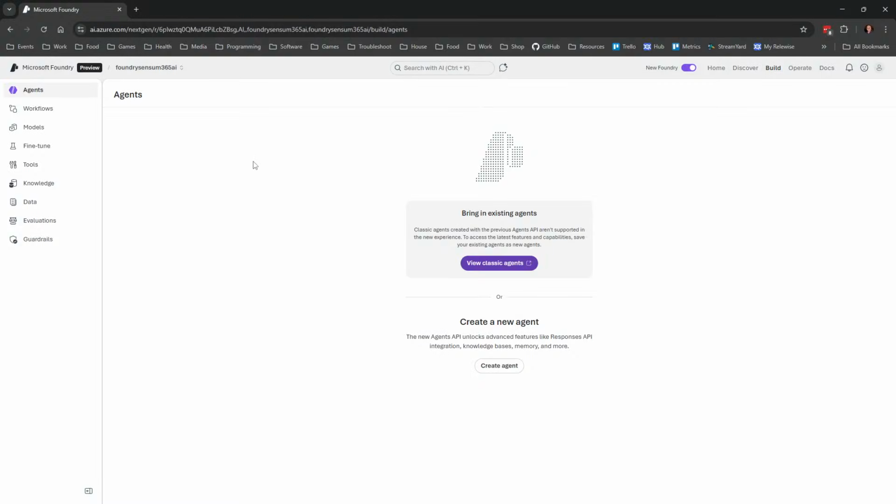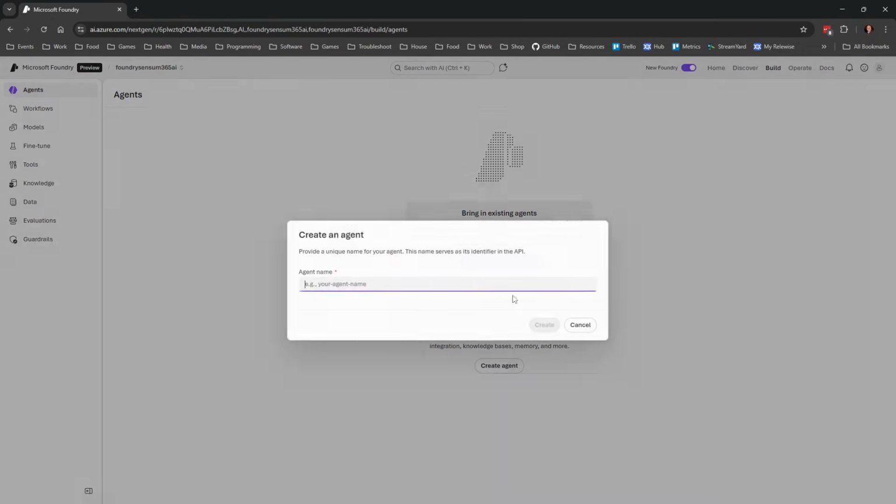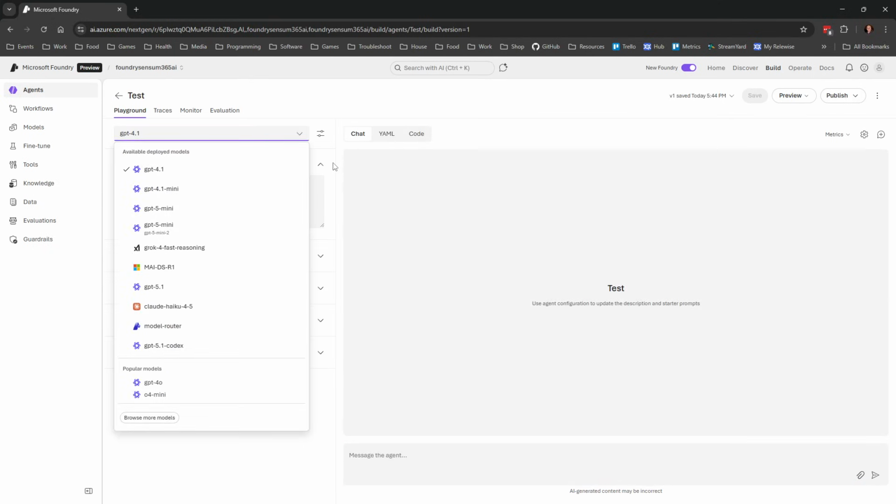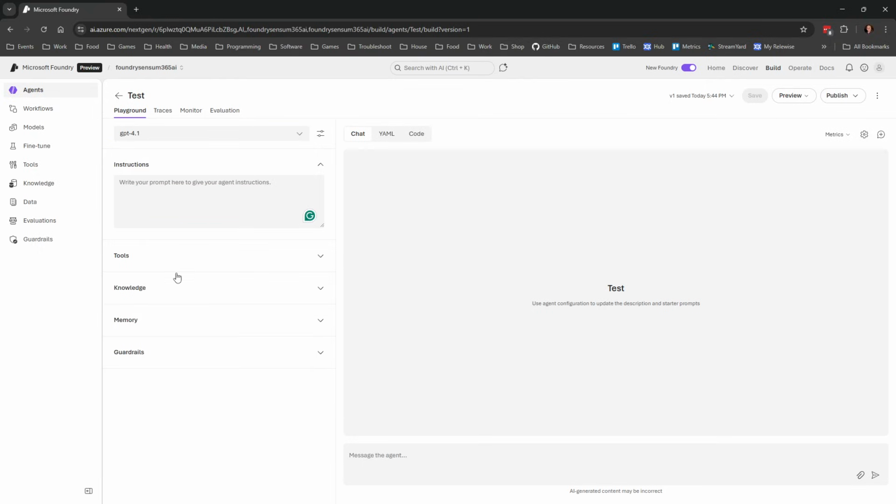And up in the portal here, I don't have any agents right now. I could go in and make an agent and then just use it in code. So I don't need to build the agent in code if I don't want to. I could simply say, just create an agent, choose what model I want to use, write some instructions, add some tools, and then I could test it from here. Or I could go in and use it in code just using the name test, because all agents in the same project need to have a unique name.